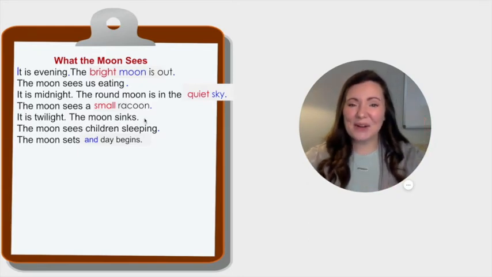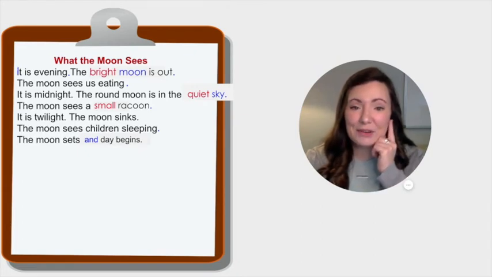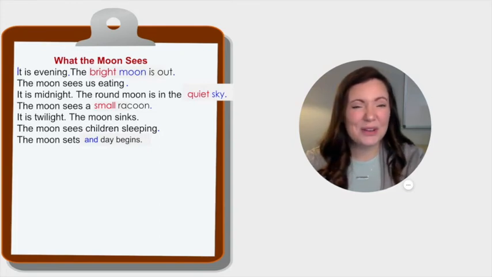Good. Good revision. Okay, let's keep going. The moon sees children sleeping. What adjective could we add here to make it more interesting? What do you think?